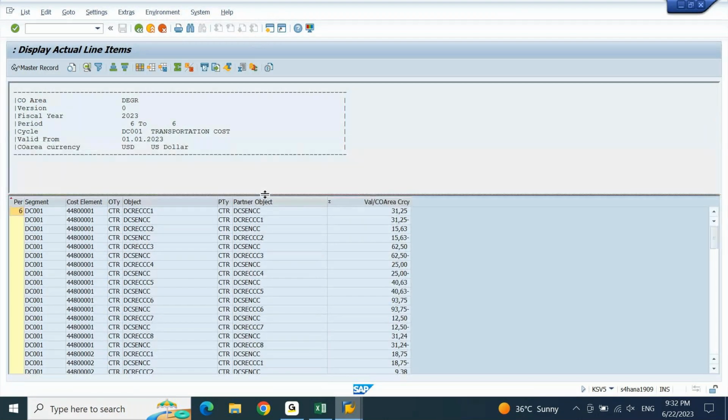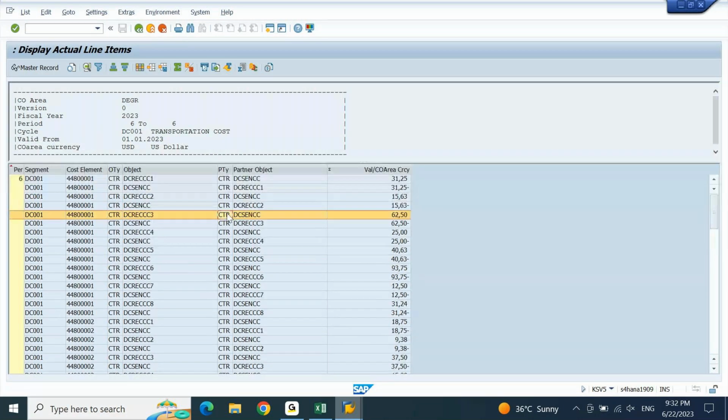So what I am going to do is take this data into an Excel sheet. Do a right click. You will find an option called spreadsheet. Because when you are working in real time, your end user will be performing this activity and you will be guiding them in the first month close. If you are working on any implementation project for the first month close, the second month close or the first quarter close, as a FICO consultant, you have to guide them. Before they execute, they have to verify the number. What they do, they download the data into an Excel sheet,